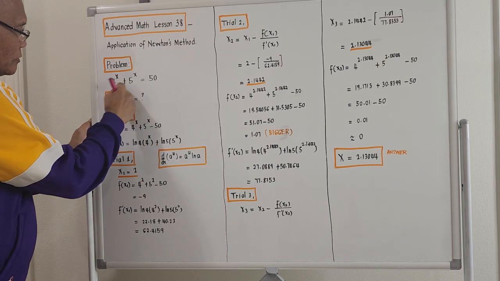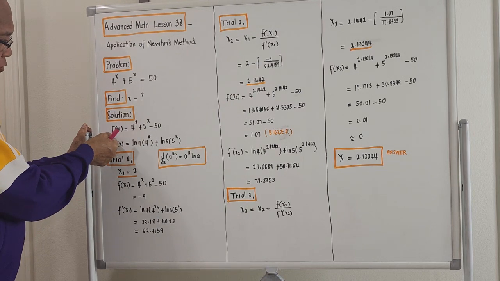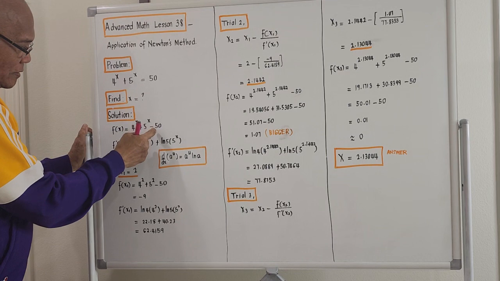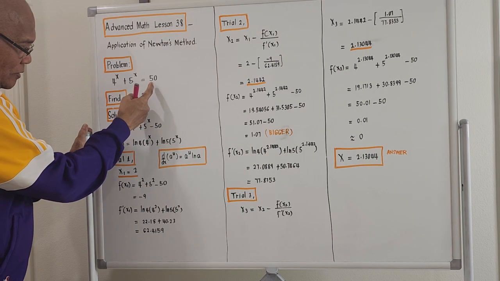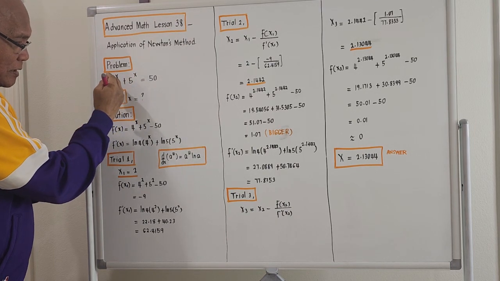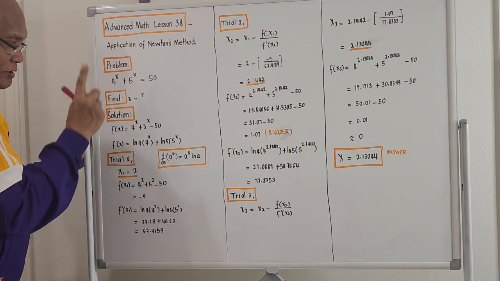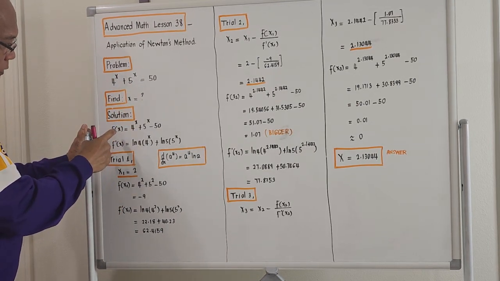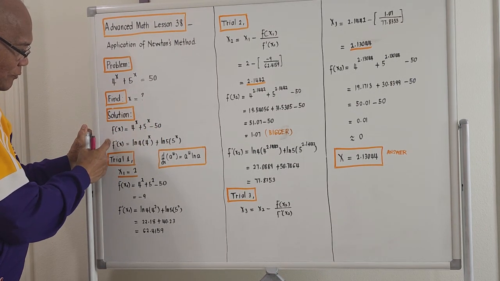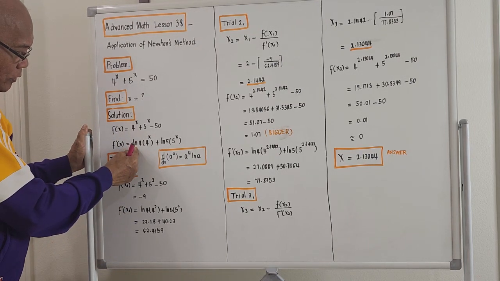This is the given equation. If we compress this, the function of x should be 4 to the x plus 5 to the x minus 50. We place everything on the left and call the total equation a function of x. Let's compute the first derivative of that function. So f prime of x will be equal to natural log of 4 times